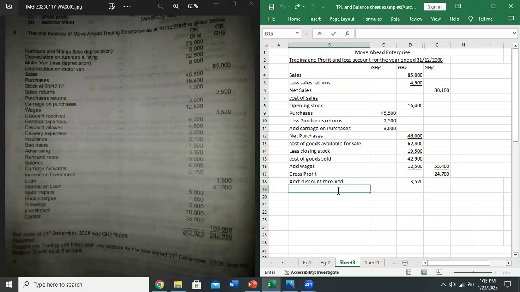So discount received and then the income from investment, which is 1,900. Altogether, we would have 5,400, and that is added to the gross profit to arrive at the total income of 30,120. And we finish up with the operating